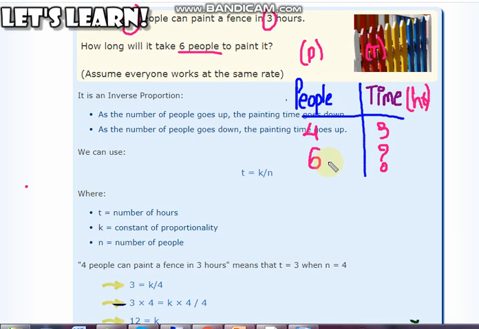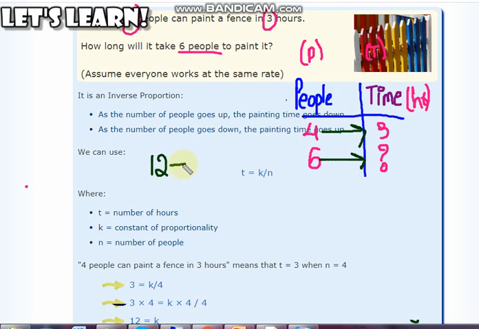You're going to put that up below it, and then if you find that the relation over here is inverse proportion, then always remember that you will multiply directly. You will be multiplying it directly. If you remember, when we were doing direct proportion, we were multiplying it crossly, like we were multiplying 4 and the question mark, 6 and 3. But whenever we have a question in which we are dealing with inverse proportion, keep in mind that we can just multiply it directly. So 4 3s is 12.